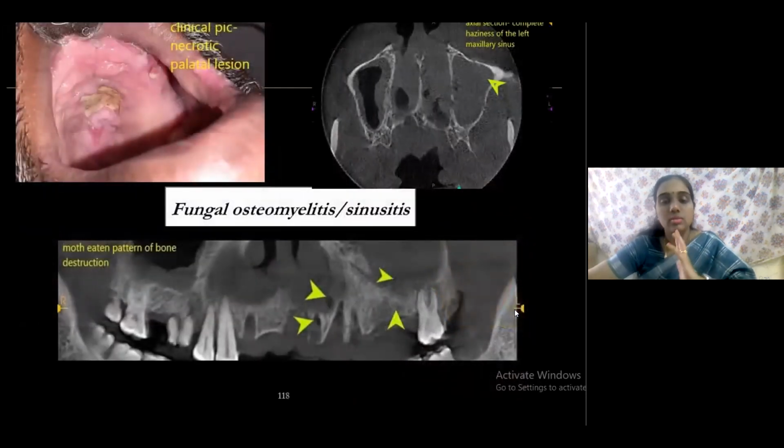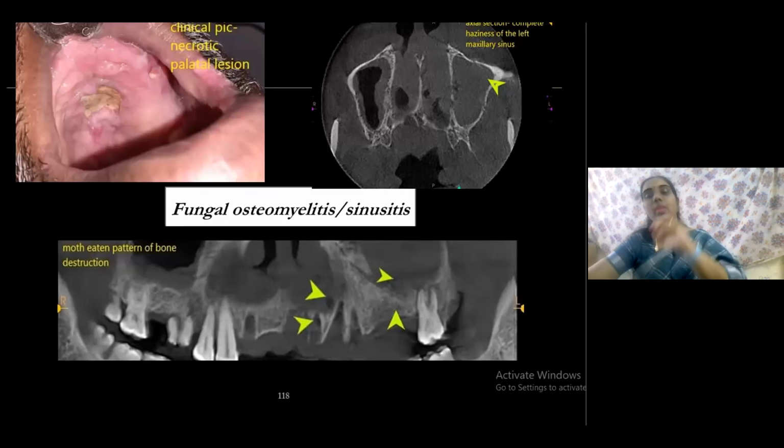Yes, this is one case of fungal osteomyelitis, otherwise called mucormycosis, where there were so many other cases which were referred for CBCT. Most of the cases were not rhinocerebral forms, because it first involved the alveolus and then the maxillary sinus. Of course, the rhinocerebral forms we will not be able to make out, but when it is the rhinomaxillary form, definitely